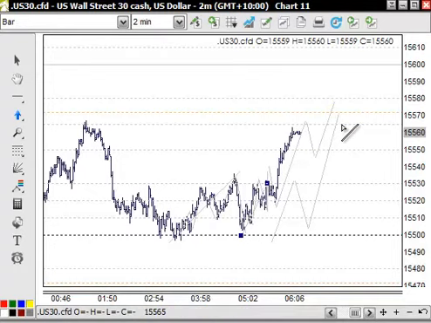So this is the failure point here, and as I mentioned, if it becomes really powerful here, then you know that we're wrong, and you need to just be on the other side at that point. So it retested, nice retested support here for any further upside. But anyway, let's see how we go there. Could be good selling